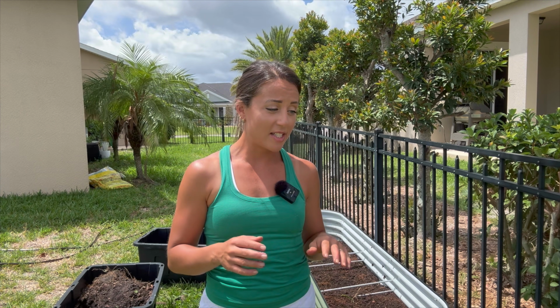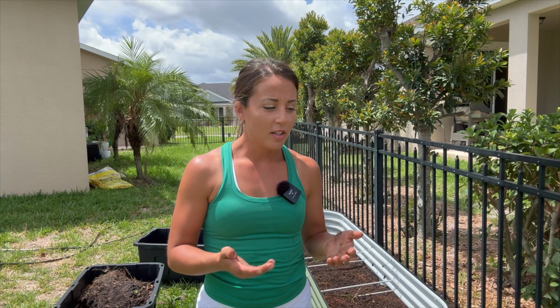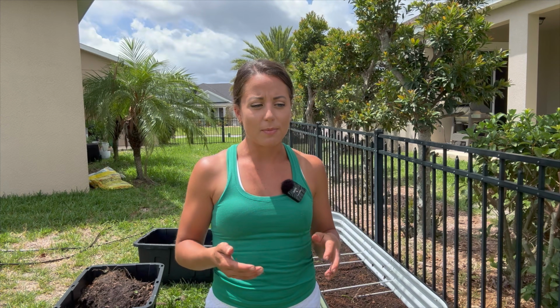Overall, I think these self-watering wicking cells will help my watering situation in the raised beds tremendously, but I would say I cannot be comfortable using it without a moisture meter, unless you're going to go out there and try to gauge it just by feel, sticking your finger in the soil or something like that. You need a way to figure out if you have enough moisture throughout the raised bed and when it's time